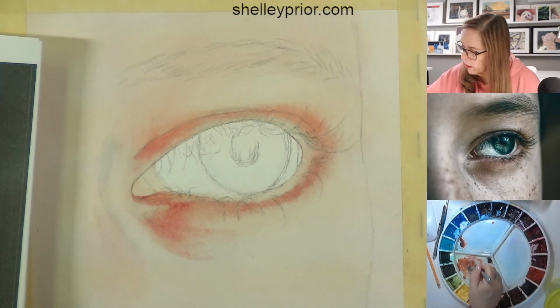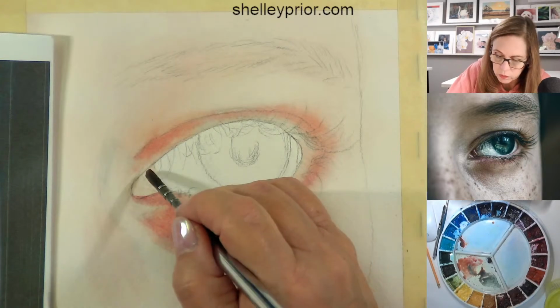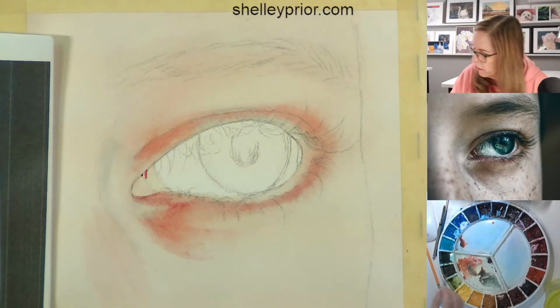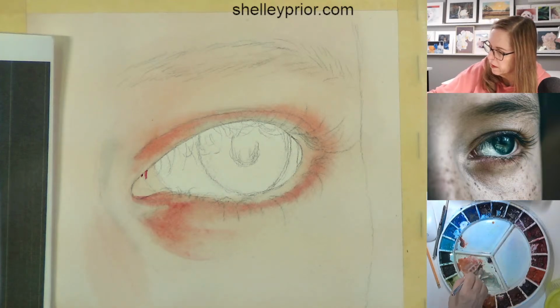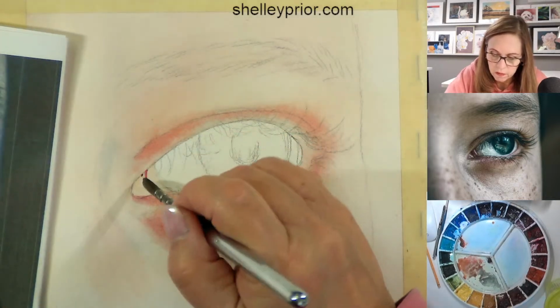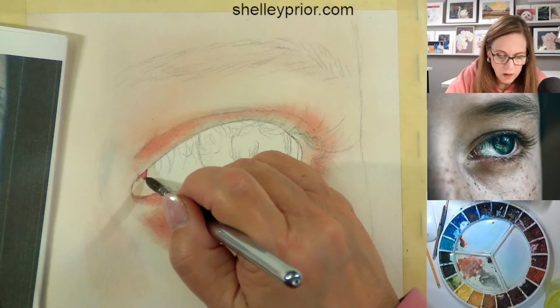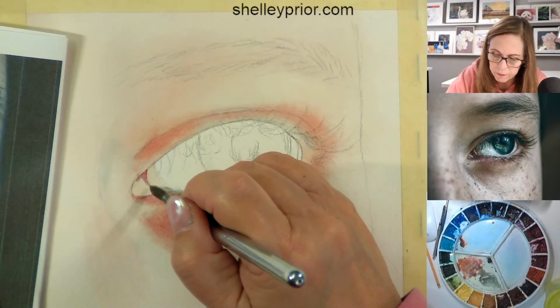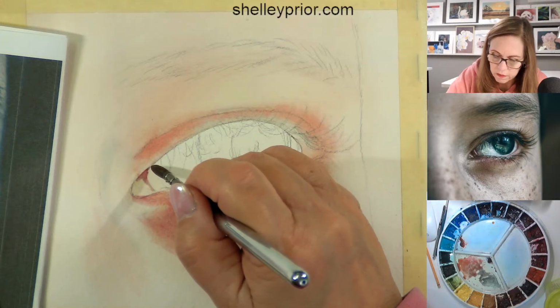And even a little bit more red as we get into the tear duct. So up in here, oh, that's a little bit too bright red. Let's get a little bit of that greenish color mixed in there, so it's not bright red. It's a deep red, but I wouldn't call it a bright red. It's a toned down red. All right, so let's